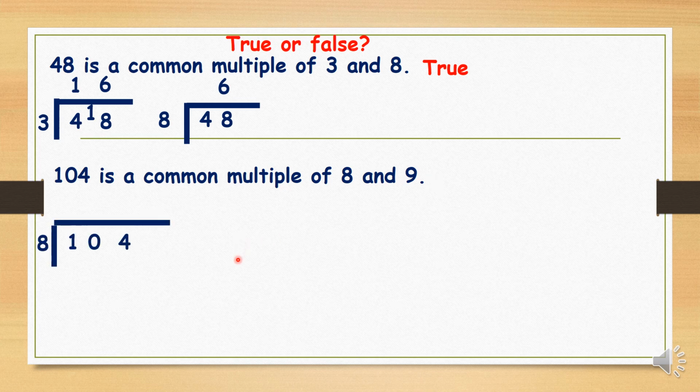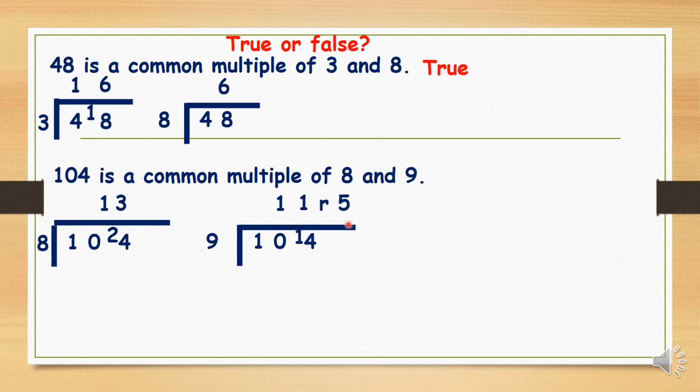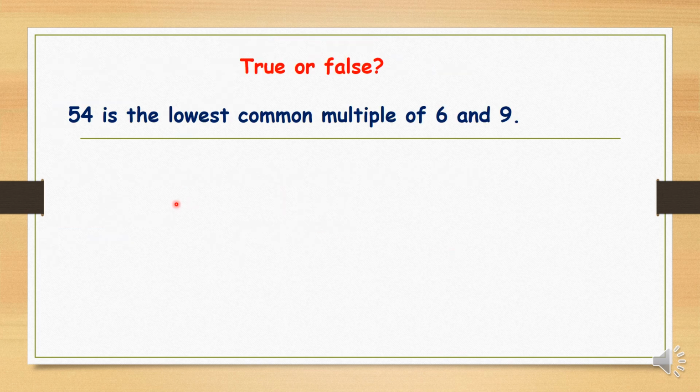Let's divide. 8 into 10 goes 1 time, remainder 2, and 8 into 24 goes 3 times, no remainder. 9, let's use 9. 9 into 10 goes 1 time, remainder 1, and 9 into 14 goes 1 time, remainder 5. So we have a remainder with one of the numbers. That means 104 is not a common multiple of 8 and 9 because it cannot be divided by both numbers exactly. And our final example,